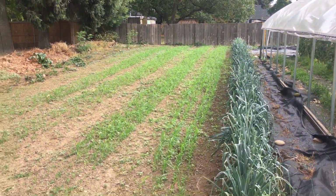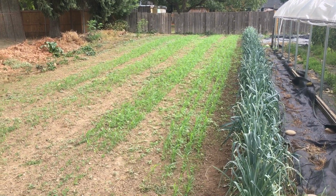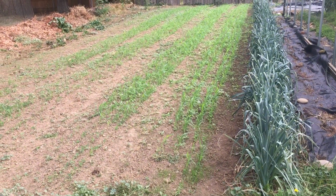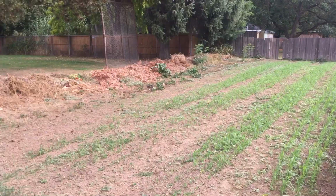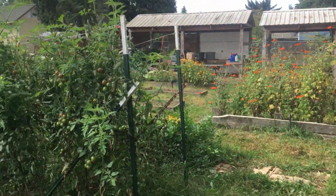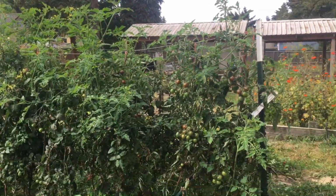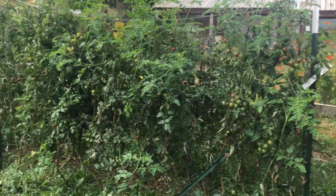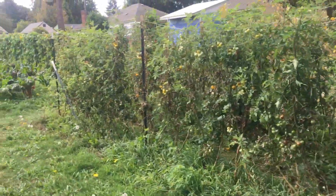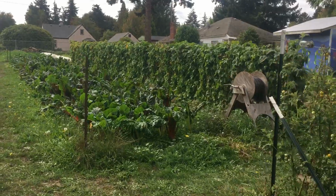So here we are down more of that Sudan and clover again, and the leeks, so down at the bottom of the field here, and I'll turn around back to the U-pick section with the cherry tomatoes, which are still going but are kind of getting a little wild now that we've stopped pruning those. I'm going to walk back up the field